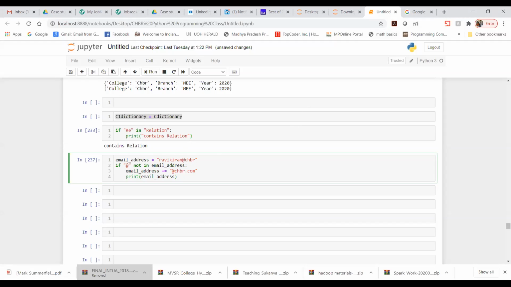If yes, then please tell me. So this is how you can check whether this particular person's email address is already there with us or not. If it is not there, then I need to create a new email address for this person. So this is how the in and not in keywords are used.